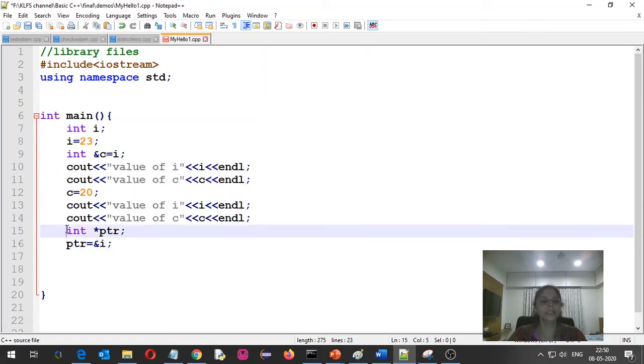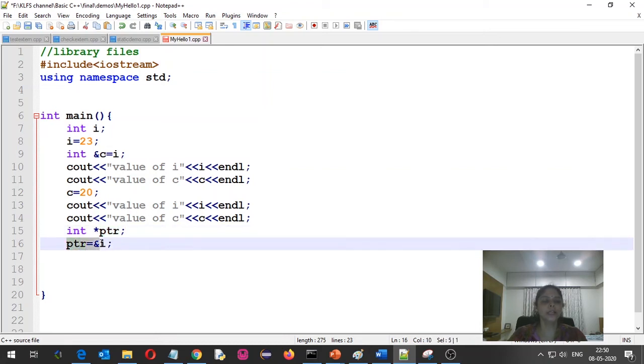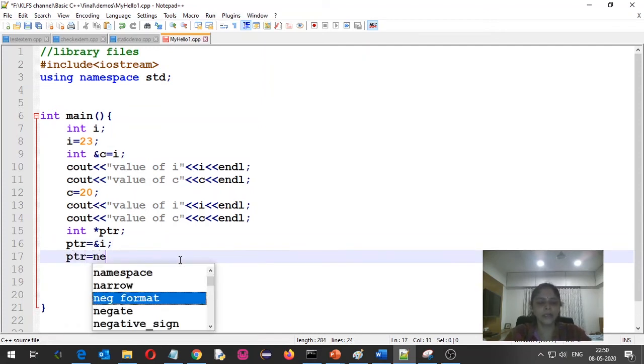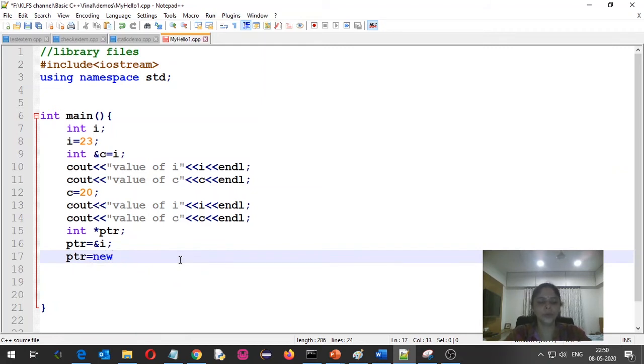So here in this example, if you check, we are using a pointer, and this pointer is assigned the address of an existing variable. But if you don't want to assign the address of an existing variable, you can also dynamically allocate the memory for the pointer, and this is how you can allocate it by using the new operator. So if I am writing int new, and in square brackets I will have to specify how many memory locations I want to allocate, then this memory will get allocated in the heap area.